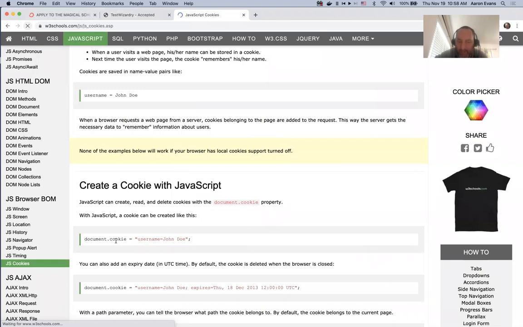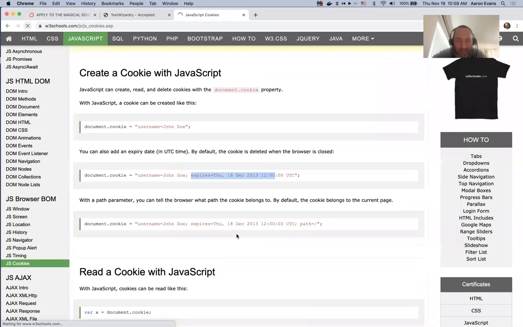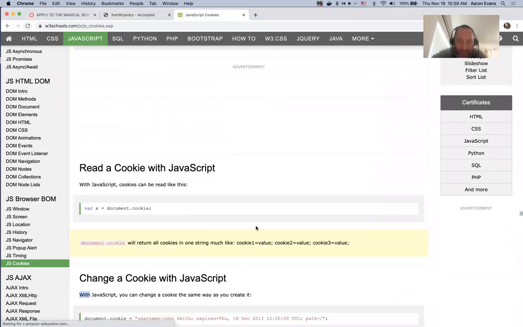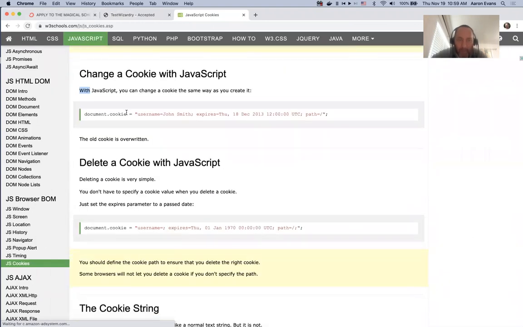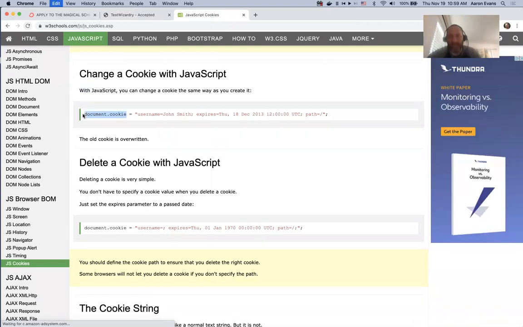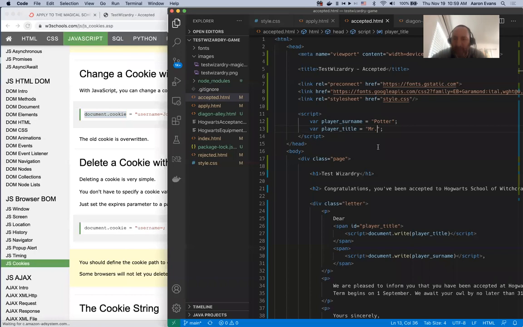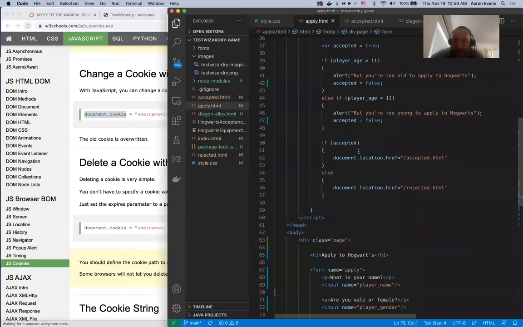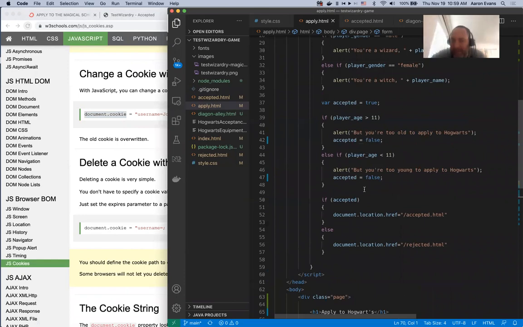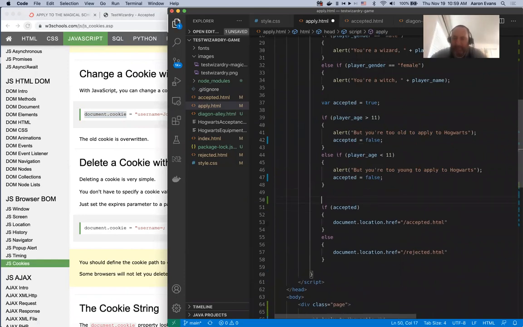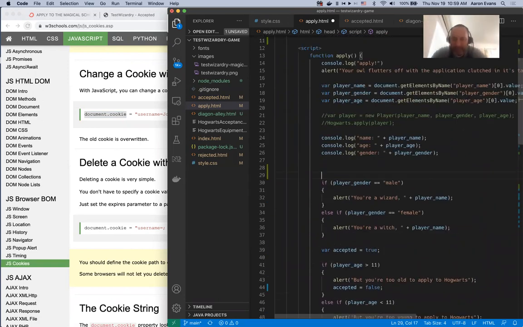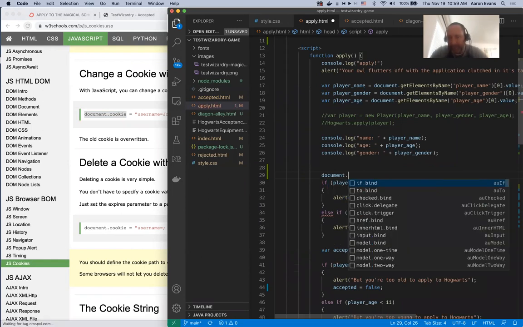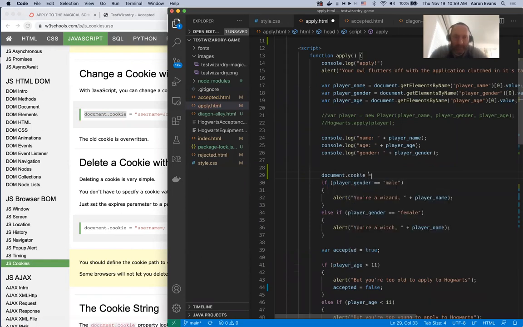You can create a cookie by setting it here. You can set an expiration, a cookie domain, and the path it applies to. But what we want to do on our other page, our application page, is go back to apply, and here we will put the player name. Before we route it, we can do it all the way up here: document.cookie equals